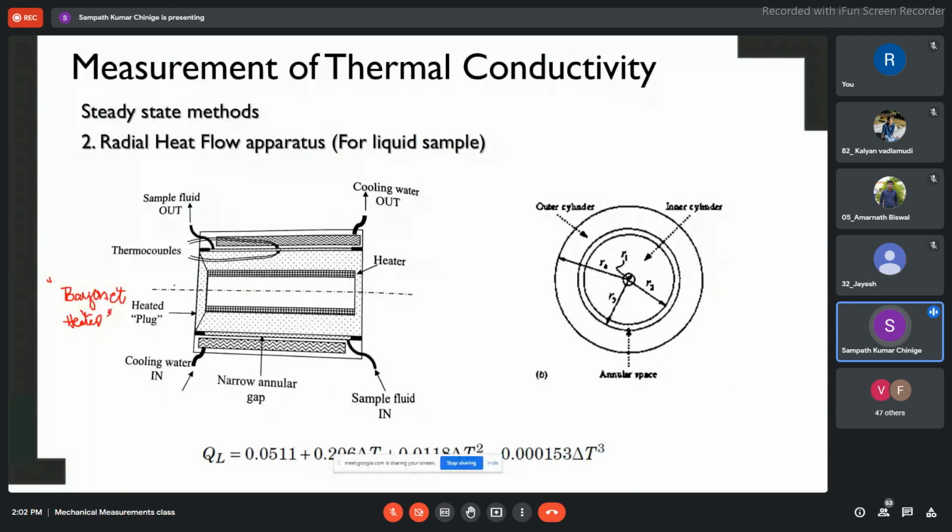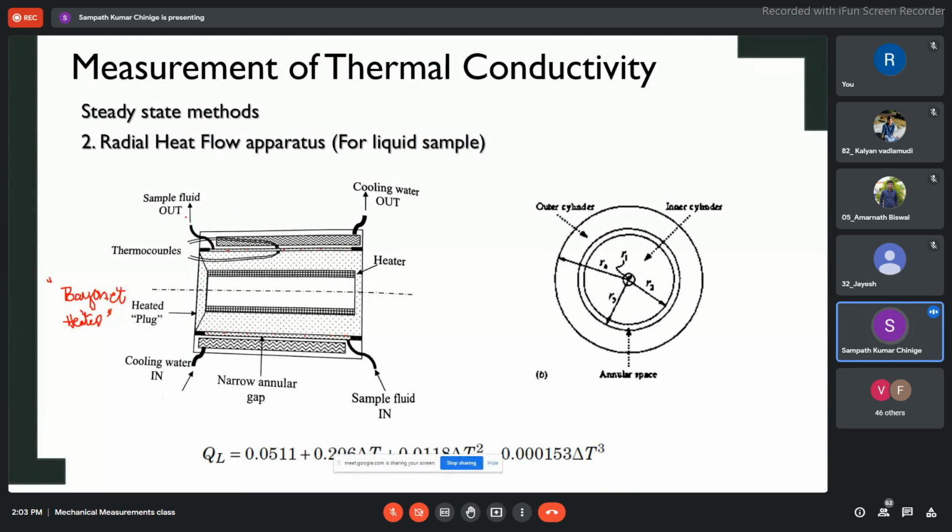We are giving heat to this surface on this side, and at the center you are having this bayonet heater and a very fine sample. This is a radial one. So imagine that there is a cylinder at the center. The heater is of the shape of a cylinder, and in the annular spacing we have the liquid that I want to find out. The dots which you are seeing are related to the sample of liquid whose thermal conductivity you want to find out. There is a very thin layer of liquid that is passing through, the sample of the fluid that comes in and the sample of the liquid that is moving out.